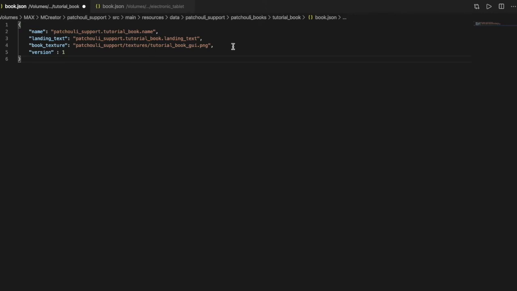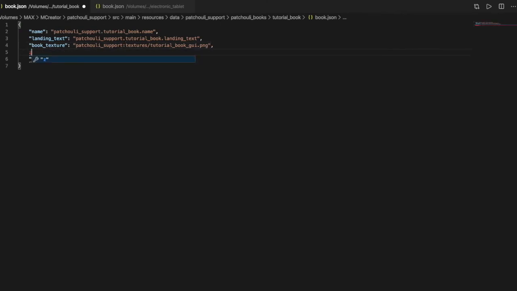Next, we have the filler texture. This is the texture for the filler page, because when a page is empty, you have just a cube. If you want, I don't know, a diamond, then you can put a diamond. You will always have to set this patchouli_support, and I forgot, this is a double dot, not a slash.